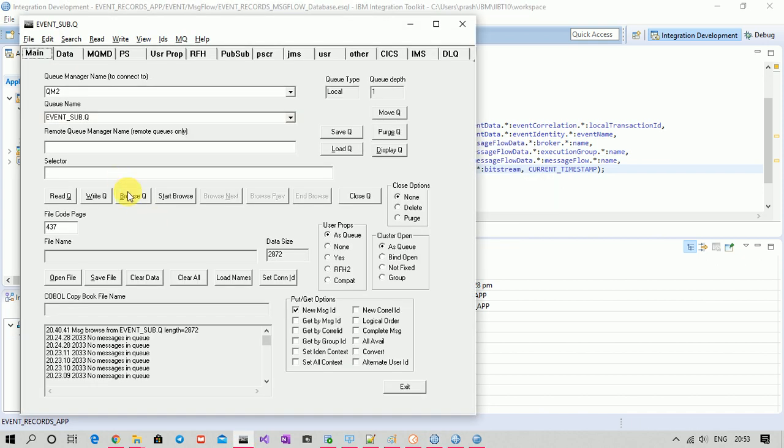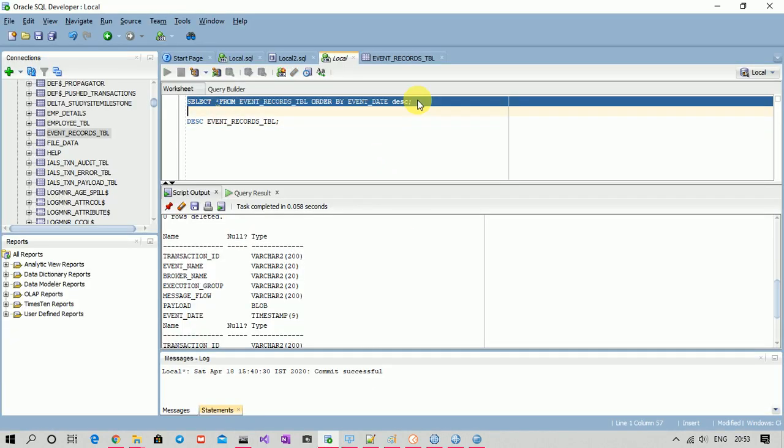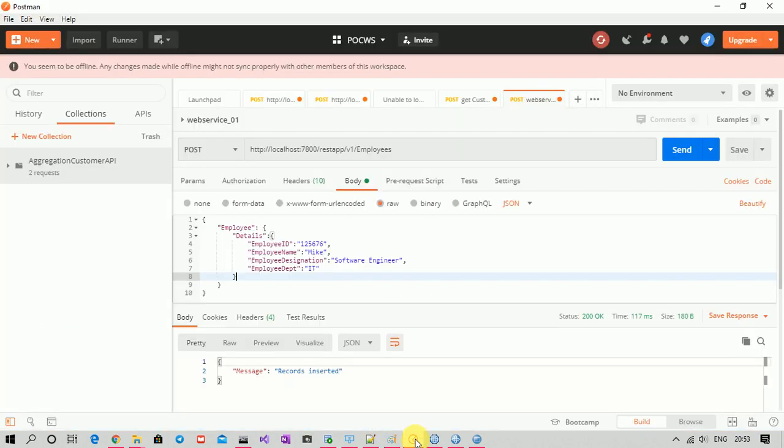See, now the message is processed. Let's see. See, my event is inserted, right? My transaction start event is inserted. If I again hit this transaction and try to insert another employee, maybe it is Mark, send.